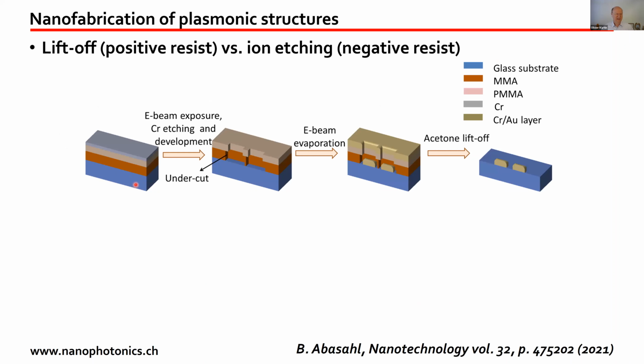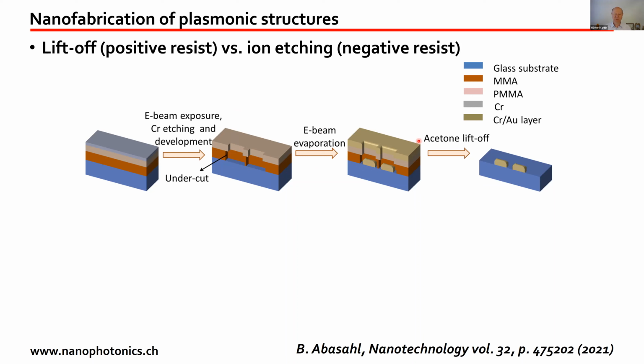You start by having your substrate. Often it's glass because you want to look at optical effects, so you want a transparent substrate. On that substrate, you put your photoresist. Then you do electron beam exposure. We use what we call a positive photoresist. This means that where the electrons have exposed the photoresist, once you develop, the resist will disappear. And then they will remain hollows. And in those hollows, you're going to evaporate your metal, say gold in that case.